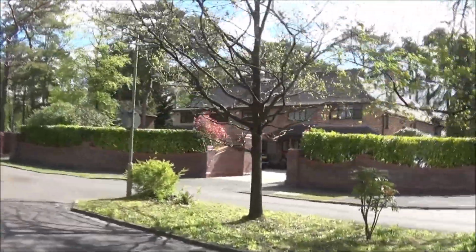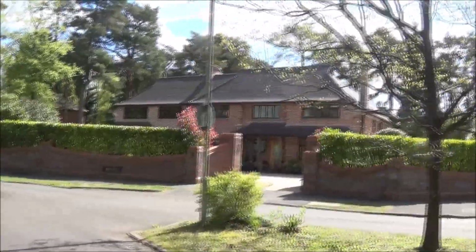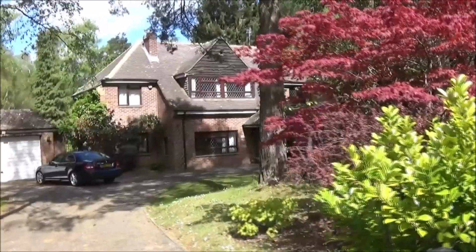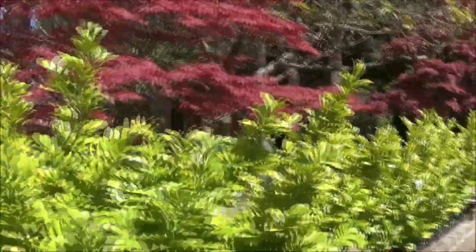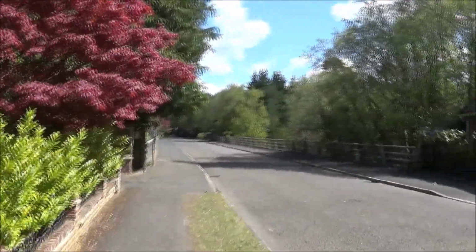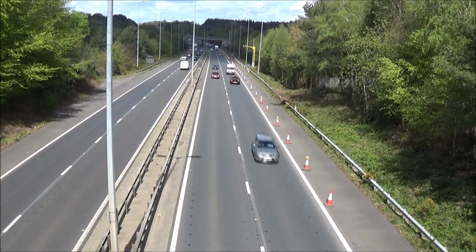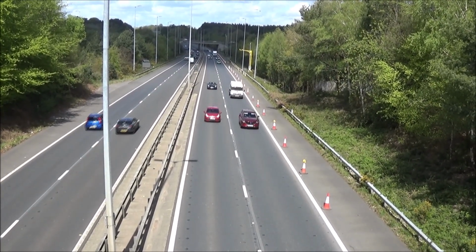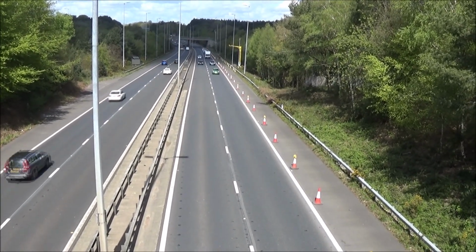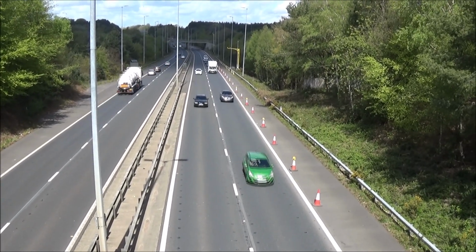Nice to see these big houses. Lovely, all individually designed. A bit too big for me and my wife though. Well, that's a nice little house. Anyway, the bane of the people's lives here must be this motorway. So up until the mid-70s this would have been woodland, and these houses would have been in a very, very peaceful, out of the way location. But then, as I say, mid-70s,